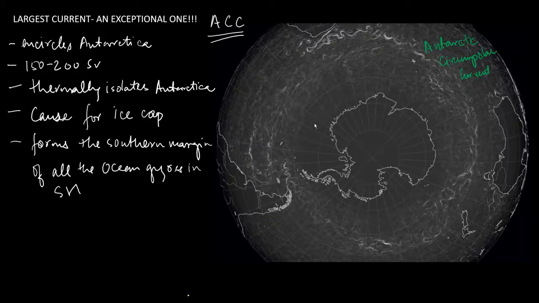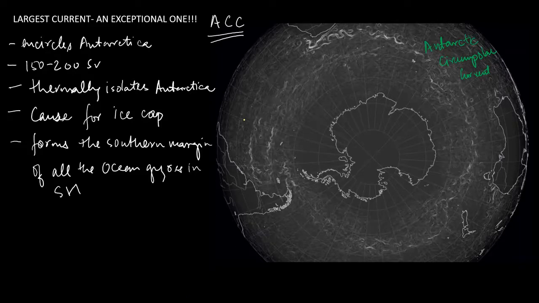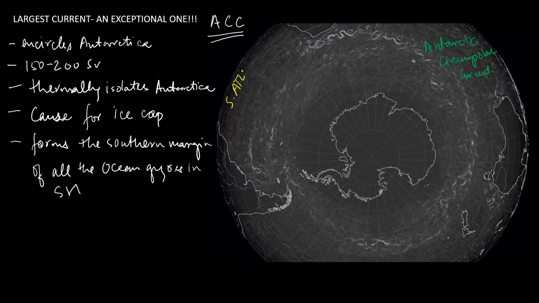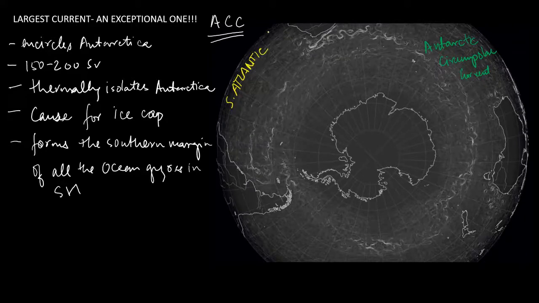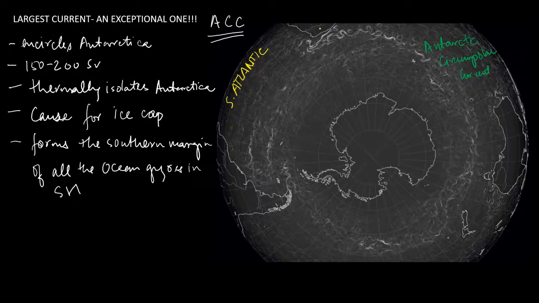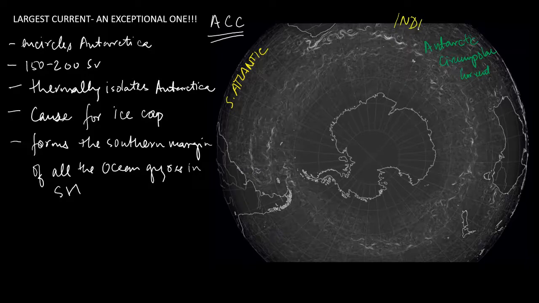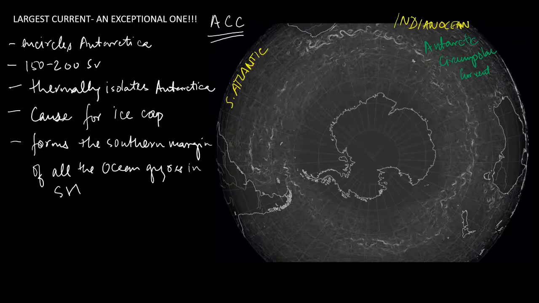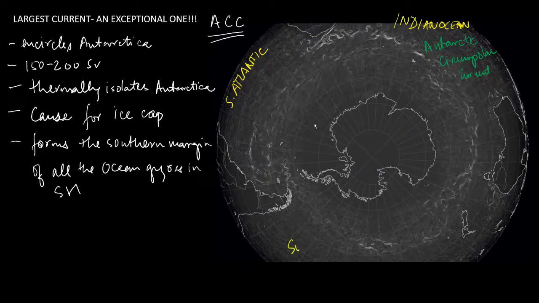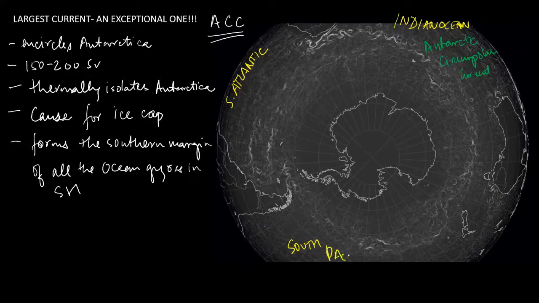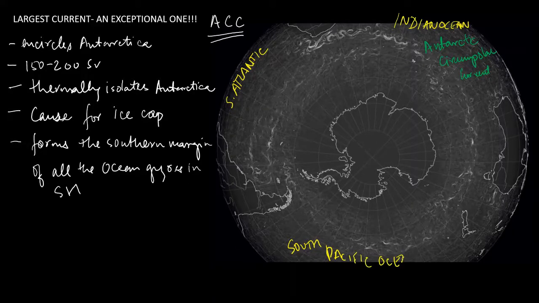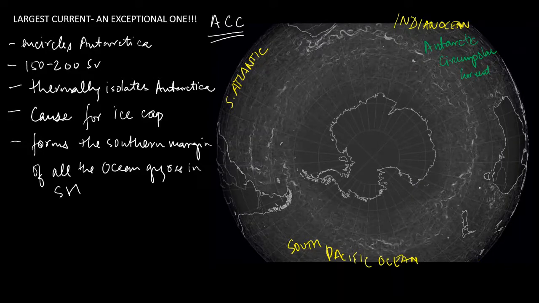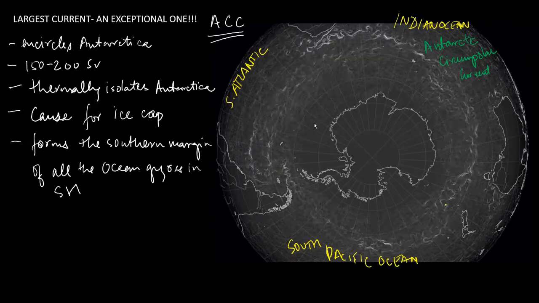So if you see carefully, between South America and Africa, this is the South Atlantic Ocean. Then between Africa and Australia over here, this is the Indian Ocean. And between these two, this is the South Pacific Ocean. So we can see here how this ocean current, the Antarctic Circumpolar Current, is operating